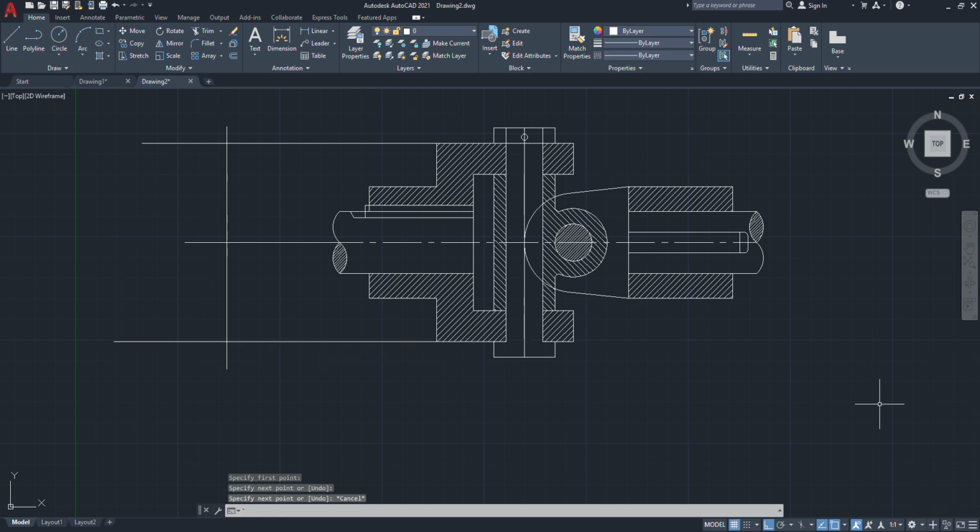then offset this line through 54 mm is the total width, so half of that is 27, offset through 27 on either sides, this line to this side and this line to this side. Okay, now